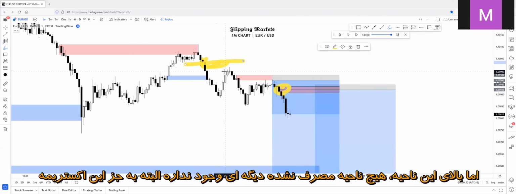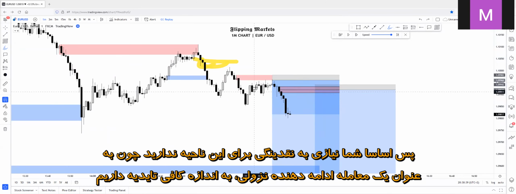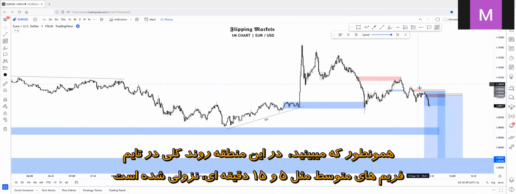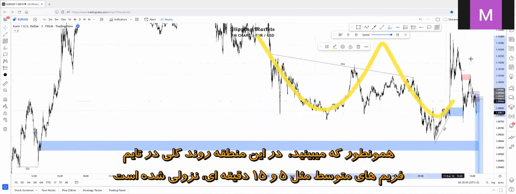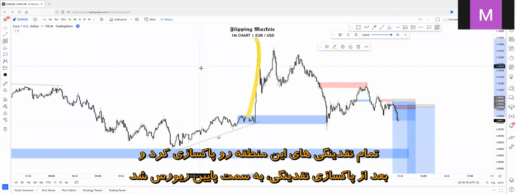Of course, the extreme one, but if price comes back up to this extreme one, I believe the trend will be changed and will go for longs. So basically, you don't really need liquidity for this zone, because that's perfectly enough confirmation for the continuation of the bearish order flow. As you can see, the higher time frame bearish order flow, which is the 15-minute chart and the 5-minute chart, has turned bearish at this region. Price has swept all of the liquidity at this region with this movement to the upside,